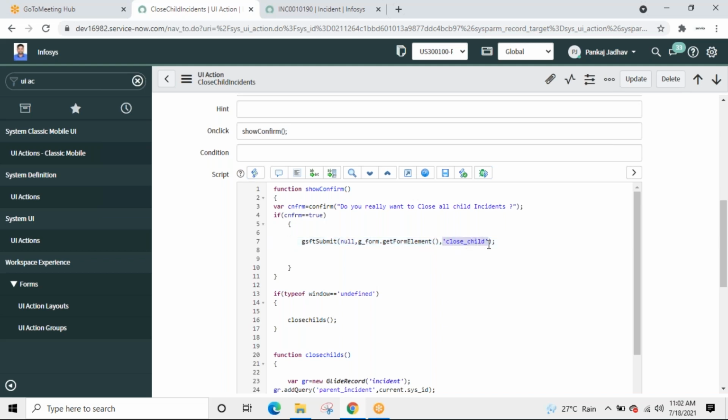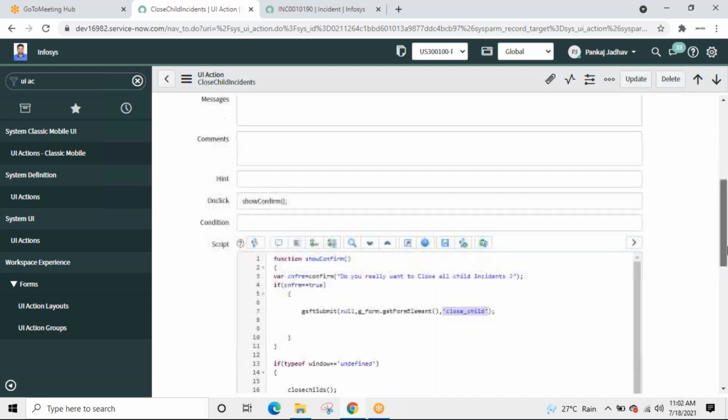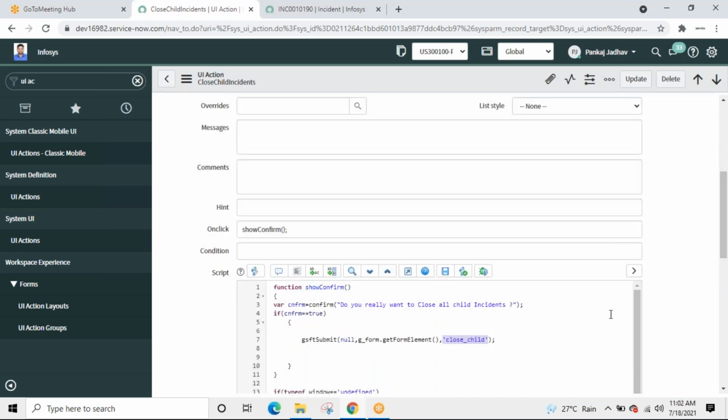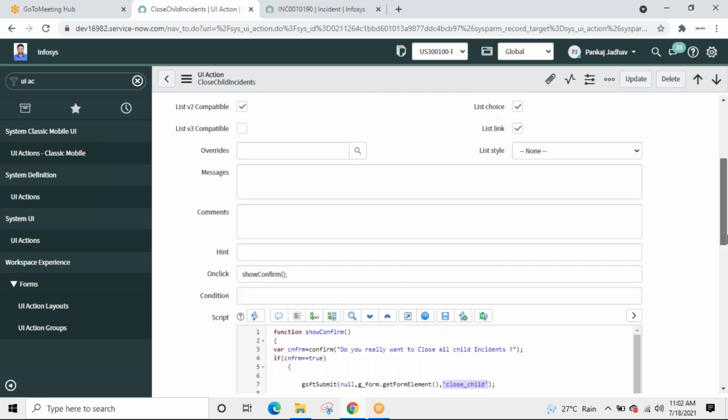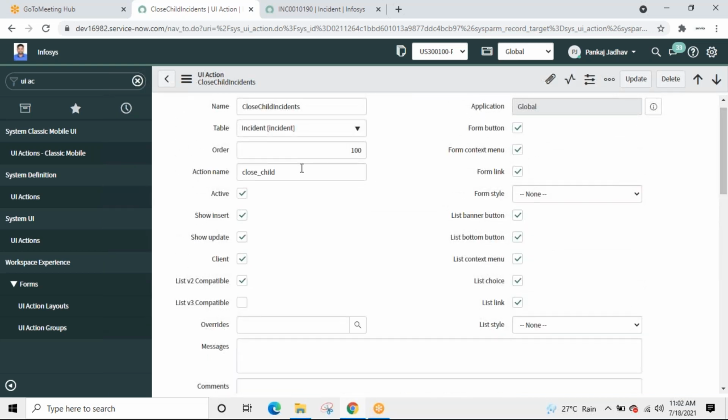Based on this, ServiceNow will check if this matches with whatever is present over here. If it matches, ServiceNow understands that there is some server side code present below that I have to execute now.